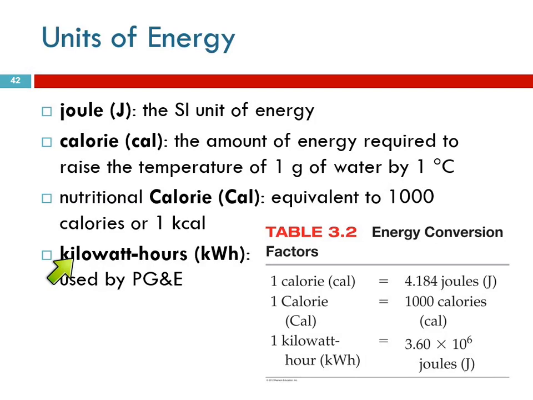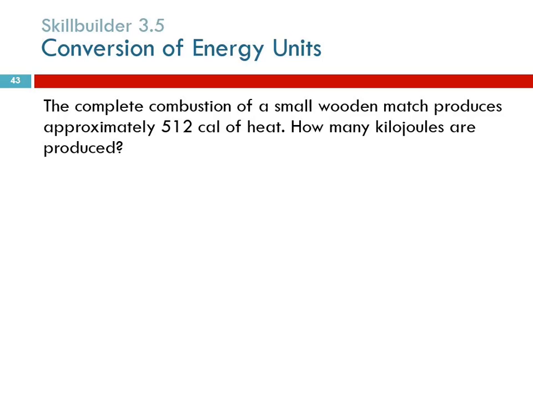And then another unit of energy is kilowatt hours. And that's what PG&E uses to measure how much electricity your house is using, kilowatt hours. So here's a useful table expressing the relationship between some of these units. The calorie is 4.184 joules. This nutritional calorie with the big C is 1,000 of the small c calories. And this is just kind of for information. Kilowatt hour is a whole bunch of joules, 3.6 million of them actually. You do not need to memorize these conversions, but we do need to know how to use them and convert